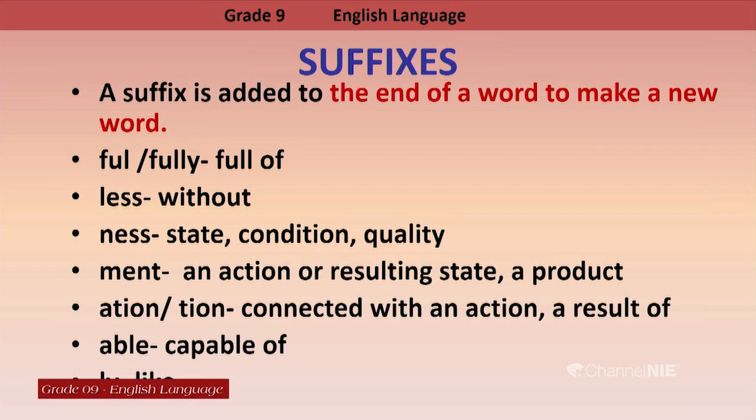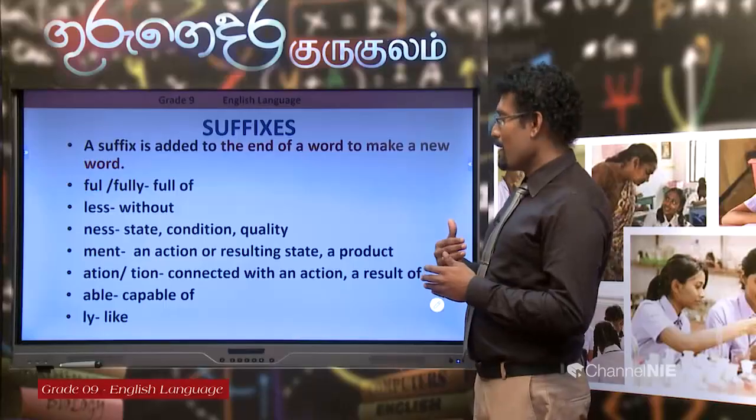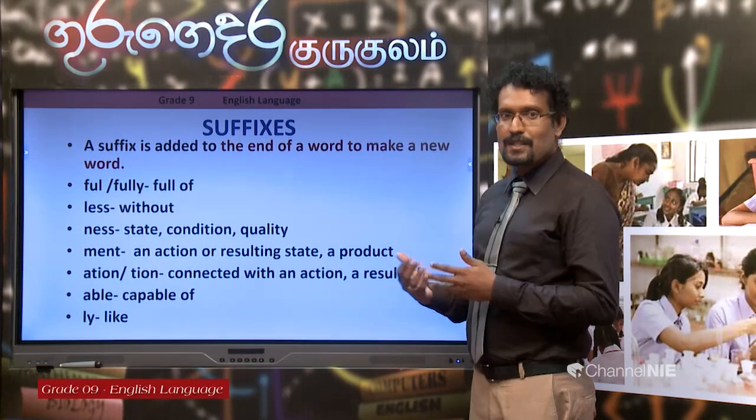So, maybe that is referred to an action or resulting state, or a product of something, meant. Then Asian or shen, connected with an action, or a result of something. Then able, able means you are capable of doing something, that means you can do that. The last one, li, li means like, that means you are doing something in such a nice way, that is called